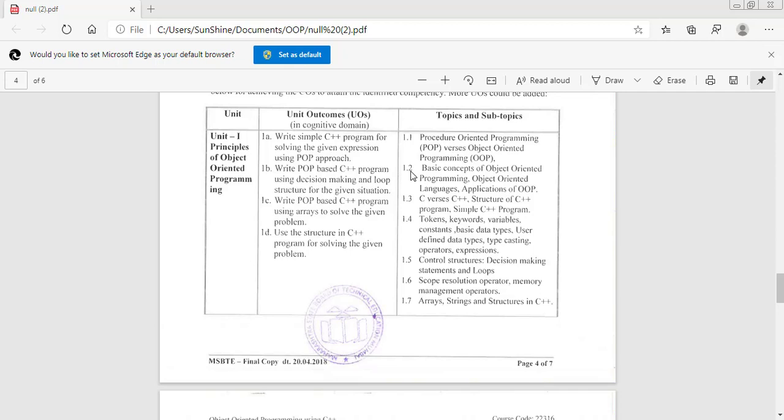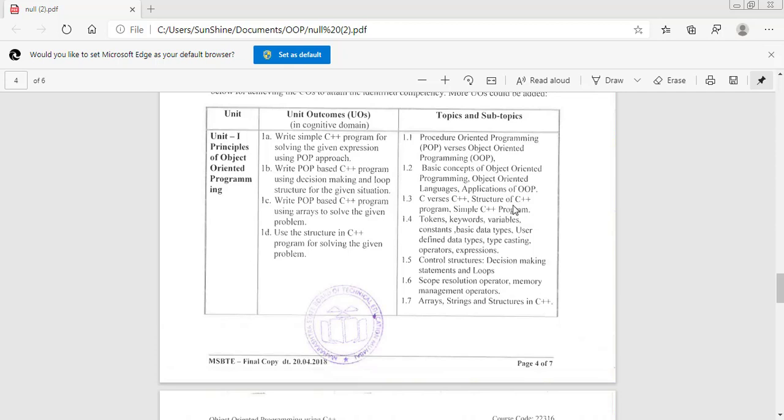We have also seen the object-oriented languages, which are nothing but C++, Java, and Python. These are a set of object-oriented languages. Then we drew the differences between C versus C++. Then we saw the structure of a C++ program, how the code is divided into different parts, under that particular section. And then we saw a simple C++ program wherein we displayed hello world on the screen.